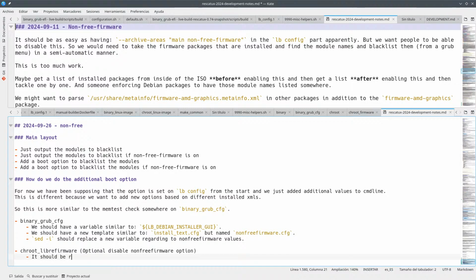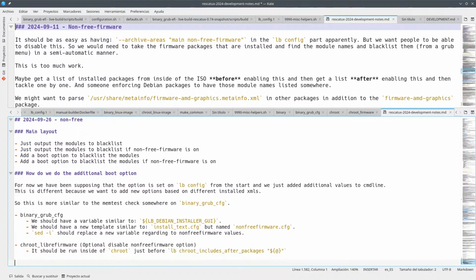It should be run inside of chroot test before, so that it should output a file named